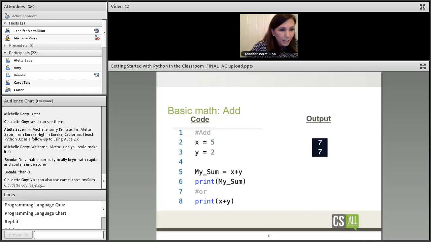And I see Claudette has entered a comment here. You can also use camel case my sum. Yeah, that's a great comment. Thanks for sharing that. That's another nice way of avoiding those underscores altogether. Thanks,